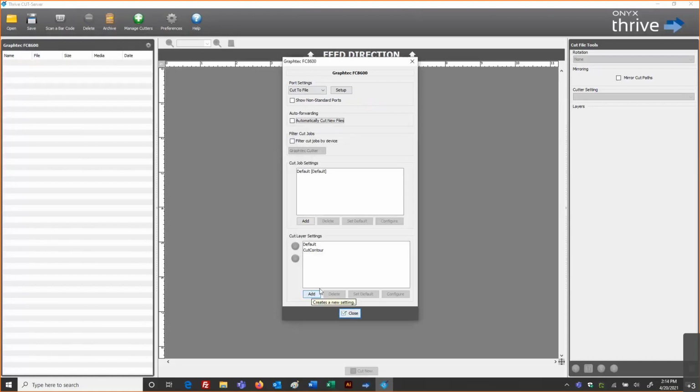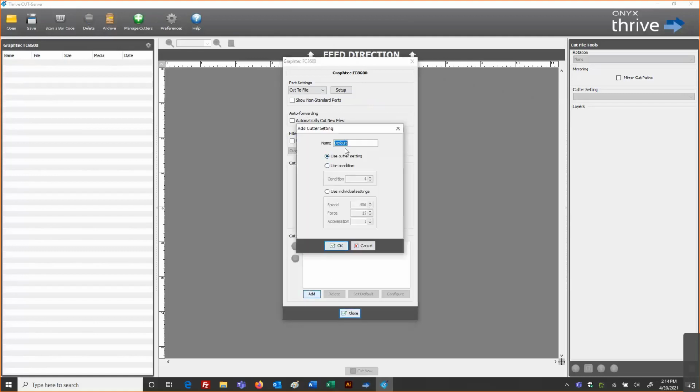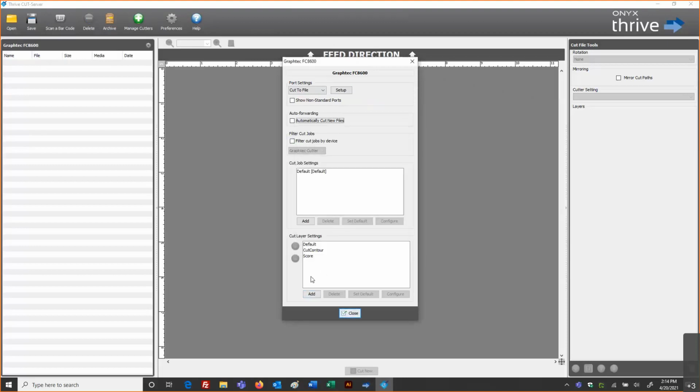I could add more and select more cut information. So if I had another setting that was going to be for a score, I might say that that's using condition 3. I might have another option that's going to be for a through cut, or however. And again, optional settings, you can control that. What will happen, and you'll see this when we go through the steps, is the spot color that's placed on its own layer from Illustrator, named as such, cut contour or score, will be brought over to the appropriate layer here. It's going to match that up by name.